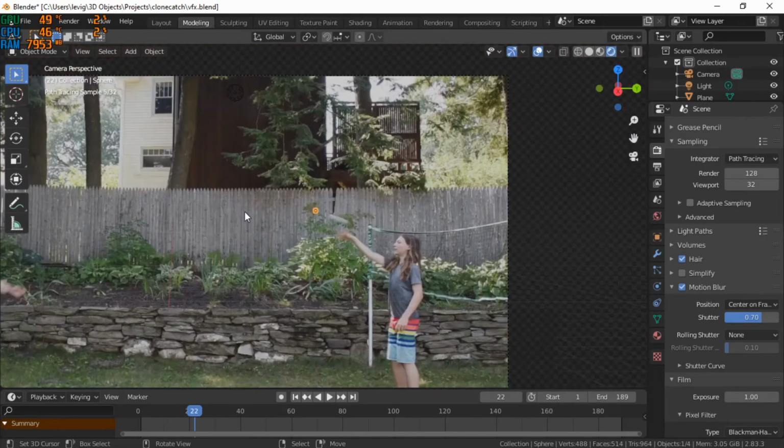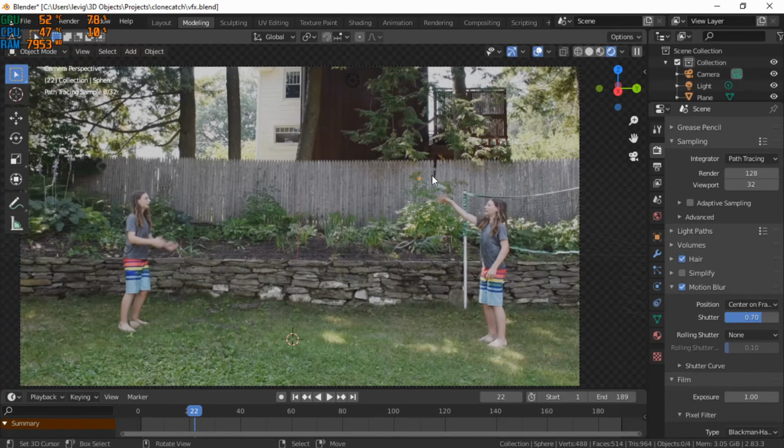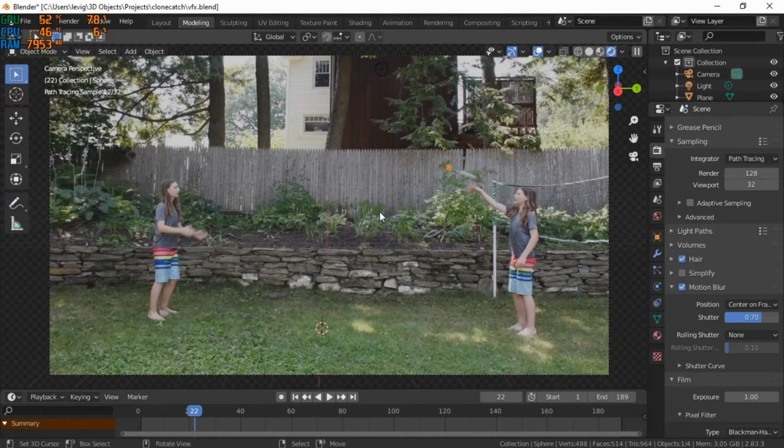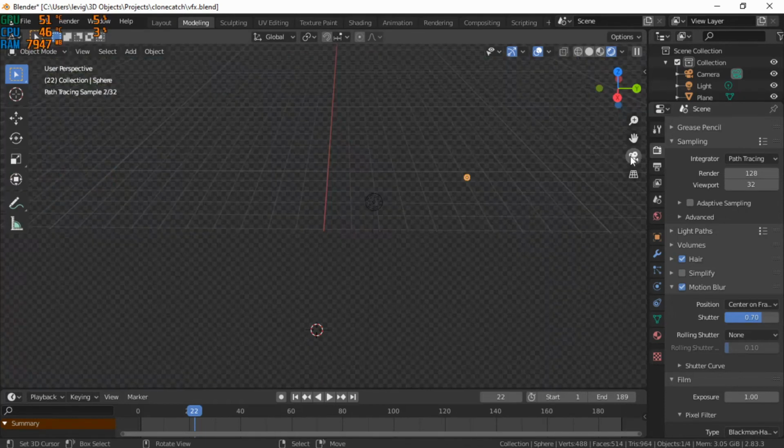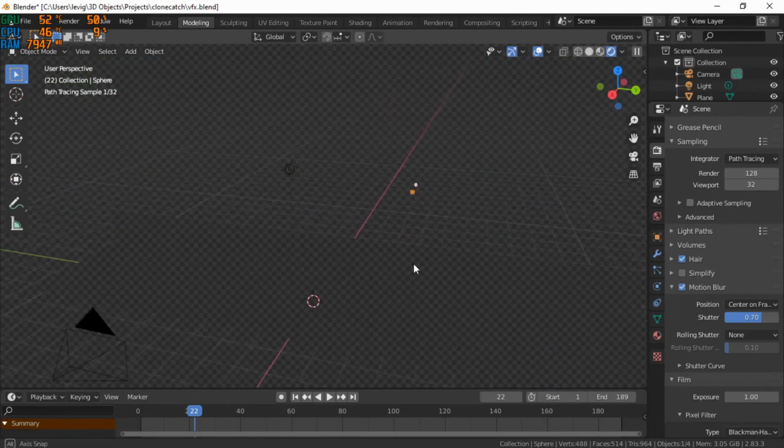So now we've got this ball. What do we do with it? Well, we need to animate it, and we could just animate it with keyframes, like animate the curve with keyframes, but a better way to do it is to go out of camera view